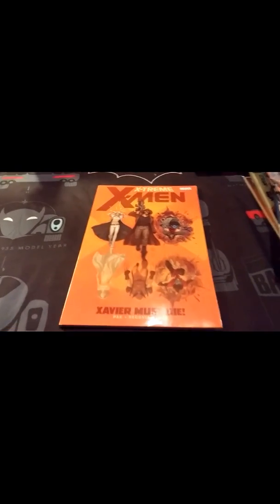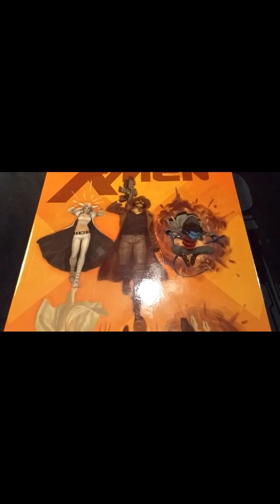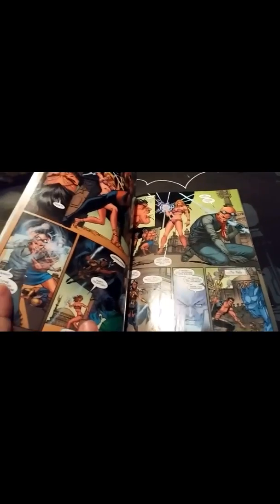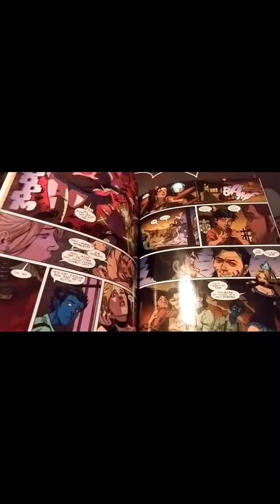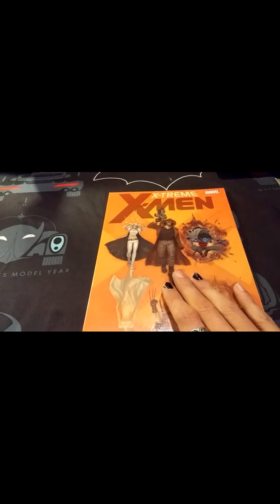Extreme X-Men. For those of you who don't remember, Extreme X-Men, I mean... Okay, look at this. The alternate versions of these characters. Look, I love this version of Wolverine so much. These are just crazy, weird, awesome alternate takes. They have this awesome, weird middle ground art where it was kind of in between where it was and where we are now. Some of the digital coloring's not great, but in general, I just think they're fun, kind of crazy stories, and I love this awesome, badass,